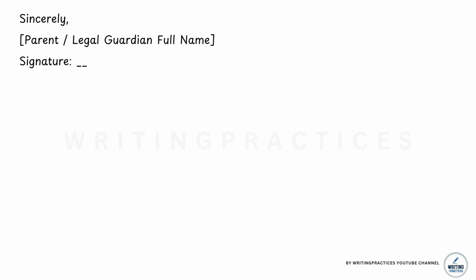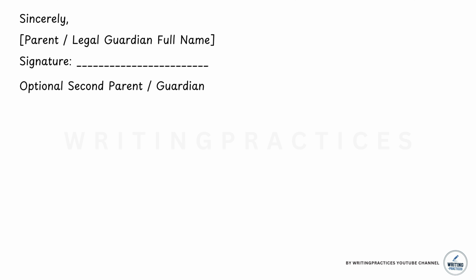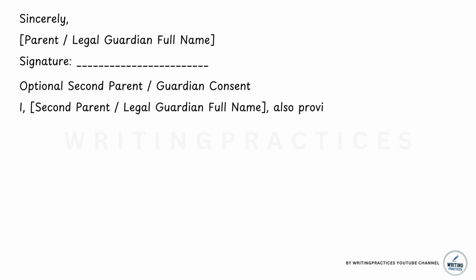Commitment to improvement. This section reassures management moving forward. For example, I am committed to learning from this experience and ensuring that similar situations do not occur again in the future. I remain dedicated to fulfilling my responsibilities professionally and in accordance with company policies. This reinforces professionalism and accountability. Pro tip, show willingness to improve rather than simply apologizing.